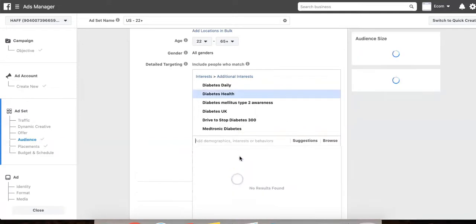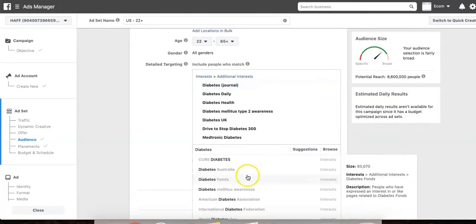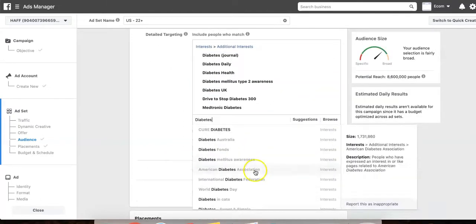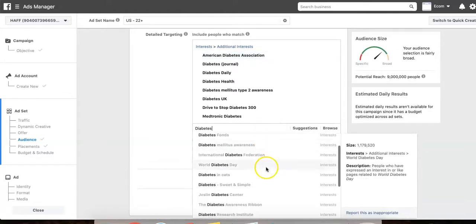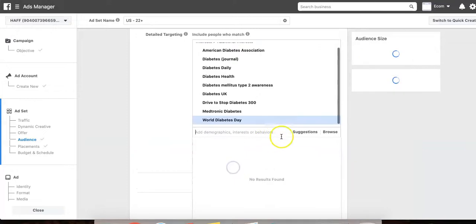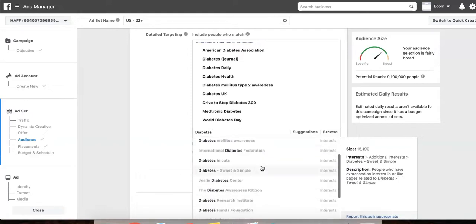Diabetes health, diabetes journal, American Diabetes Association. That seems like a big World Diabetes Day. So things like this, guys, because this is a massive problem right now where a lot of diabetes sufferers are suffering from this,